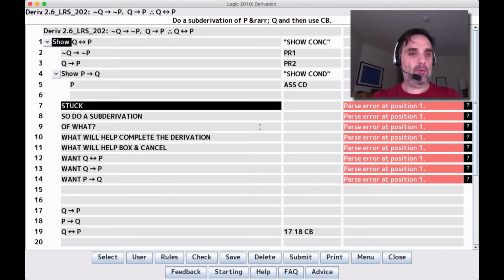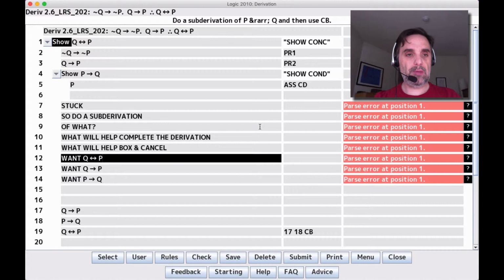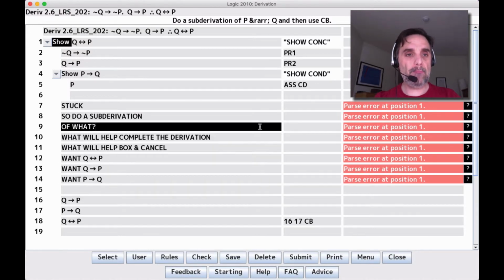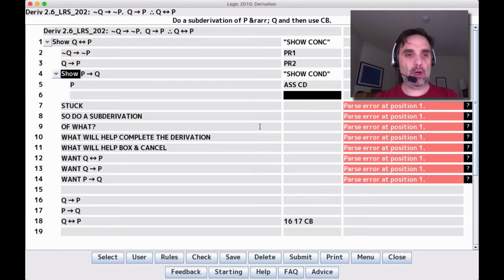And now we want to say, well, can we do anything with P? Can we use P with line 3? No, we can't. 3 is if Q then P, and P is its consequent. Nothing to be done there. What about with line 2? Well, on line 2, I can't do modus ponens with it, and I can't do MT either, because for MT, I need the negation of the consequent, and that's negation P, which is not line 5, which is just P